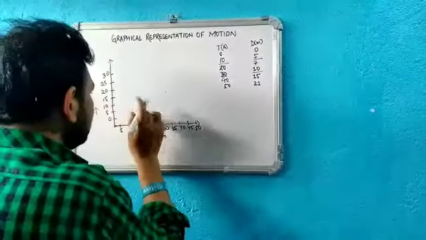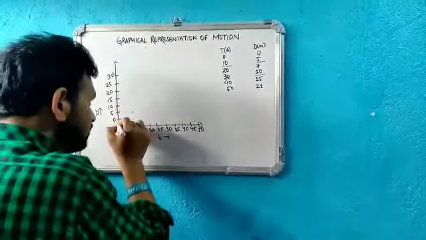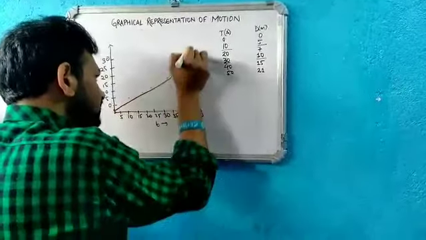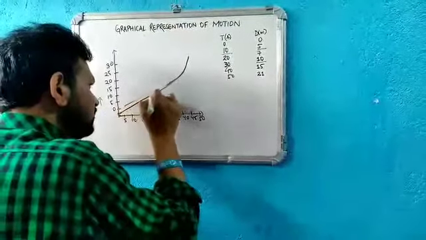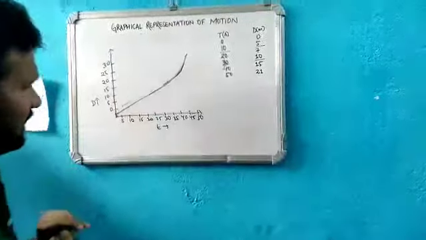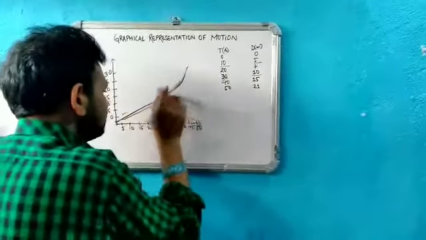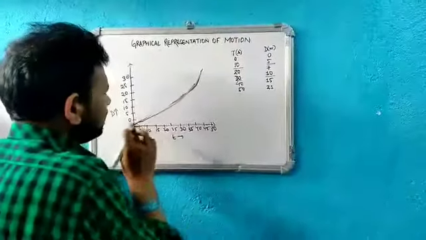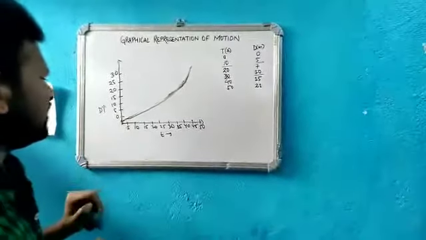So when we take the perfect axis, you will see that you will not find a straight line here. However, you are finding this type of graph. It's not representing a straight line. It is representing some sort of curve-like plot. So why are we not getting a straight line here? Why are we getting a curve here? It is